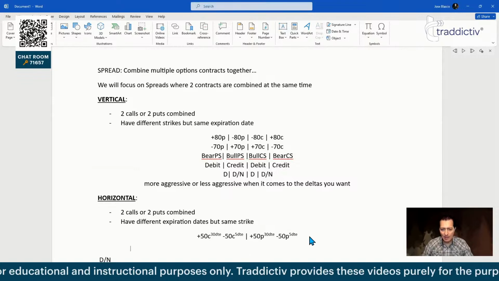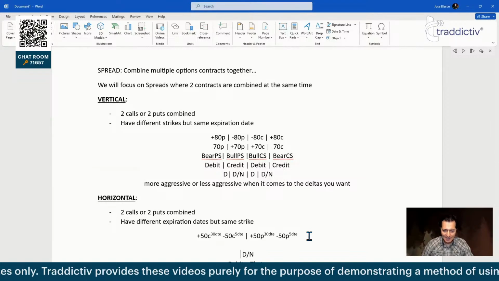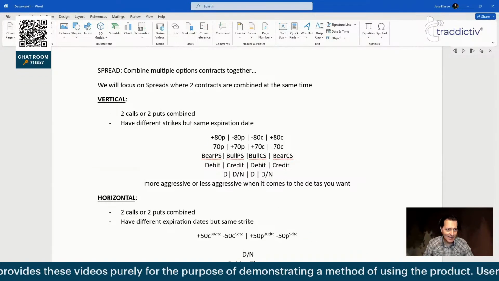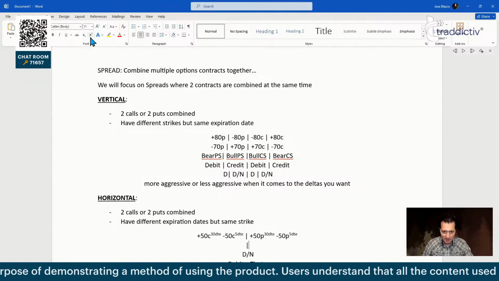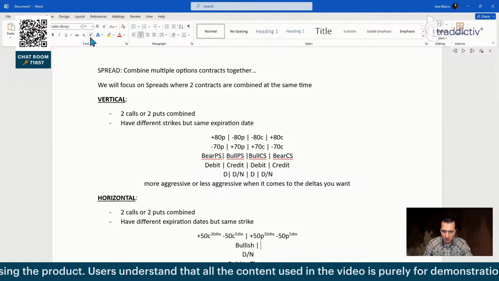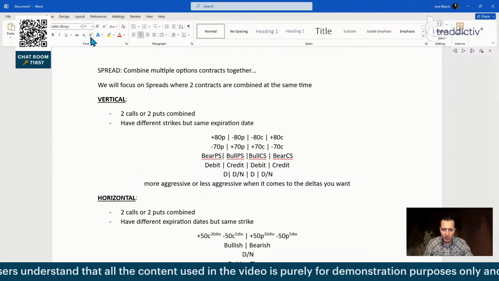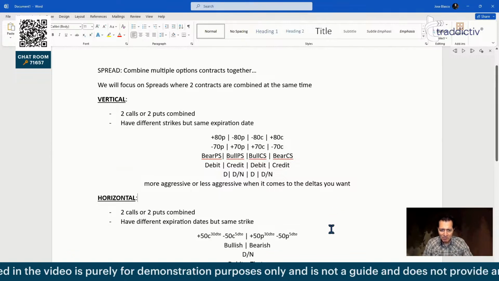Oh yeah, I'm like, what's happening? Okay, I know what's happening. Sorry, guys. Let me fix it here. I was using a superscript. Okay, here we go. So this is bullish, and this is bearish. Okay, so with the calls is bullish, and with the puts is bearish. My bad, I forgot to put this.